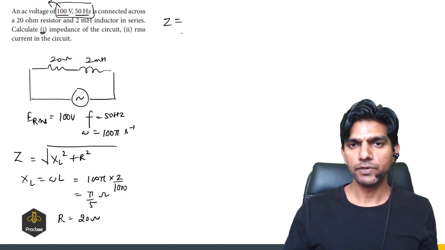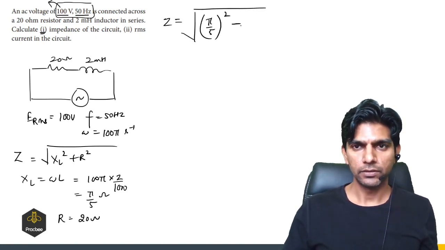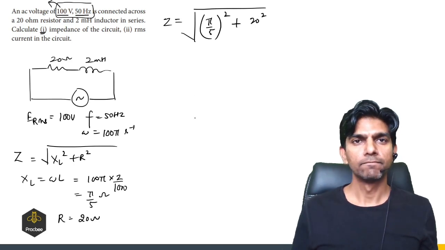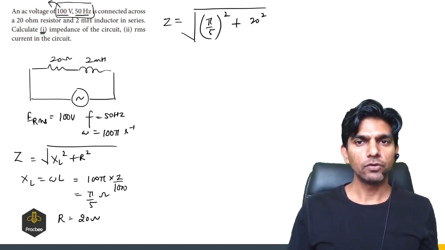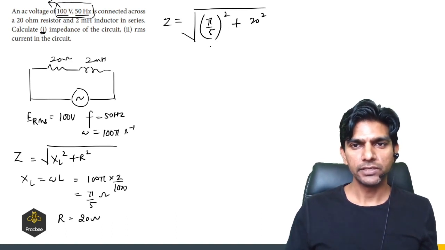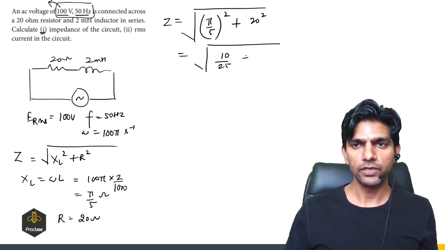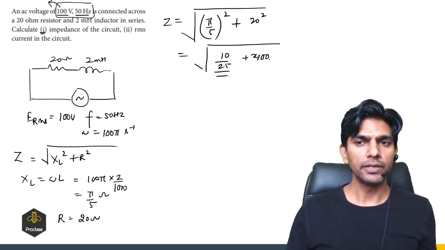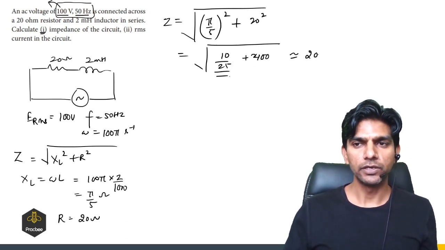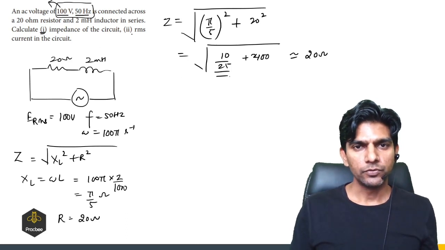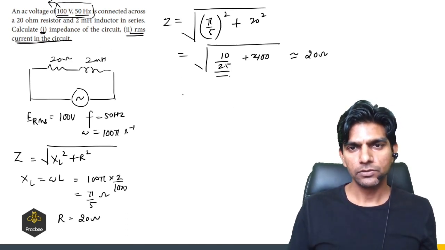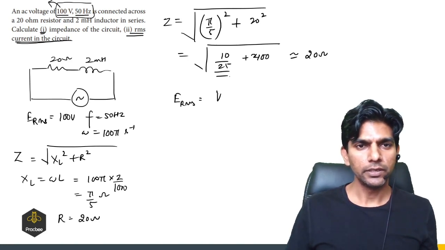If you substitute these values in the formula, we have pi by 5 square plus 20 square, right? Now the square of pi by 5 will be very small. So pi square is nearly equal to 10, divided by 25, plus 400. This 10 by 25 is negligible in comparison to 400. So we can say it is nearly equal to 20 ohms. And we have to find the RMS current in the circuit. So E RMS will be